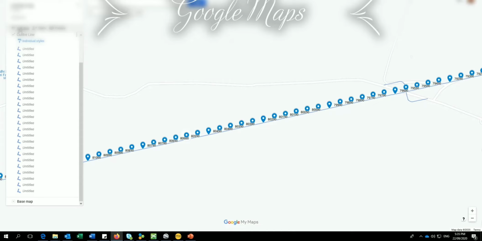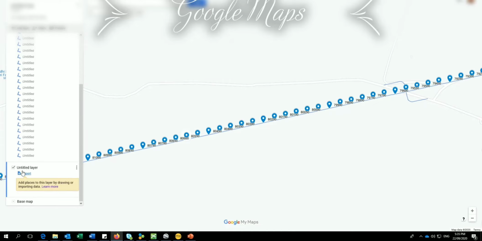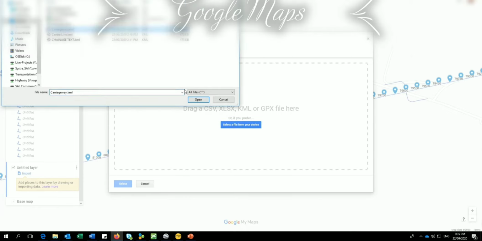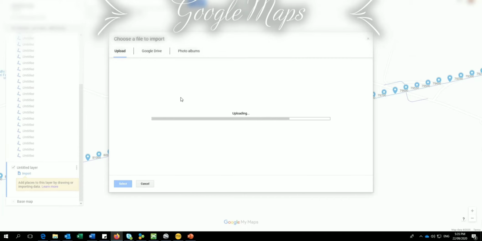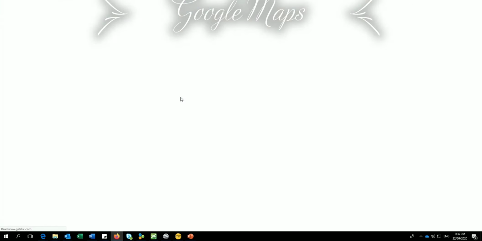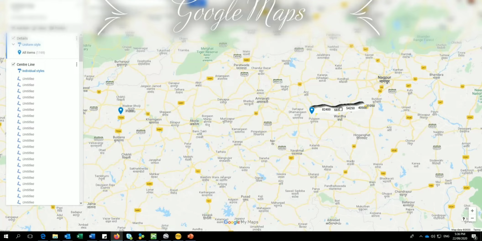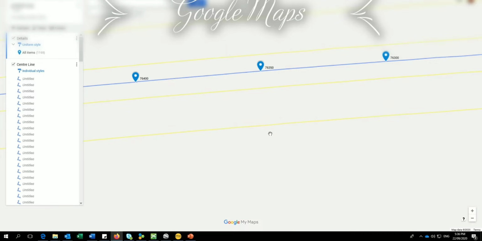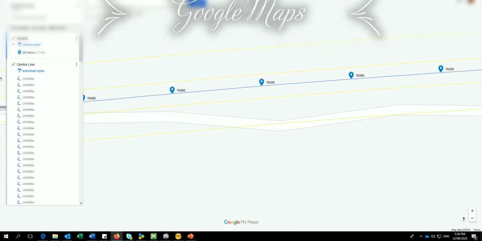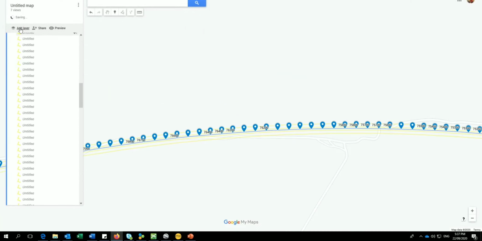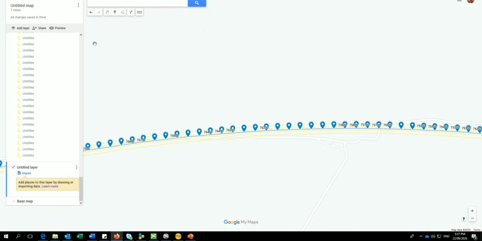Now we'll go to add layer, again import, now the carriageway KML. Okay, you can import the entire KML also, but size should be less than 5 MB. Okay, let's wait. Let's zoom it. See, carriageway lines have been displayed. This will be very useful for road inventory, or else execution time.